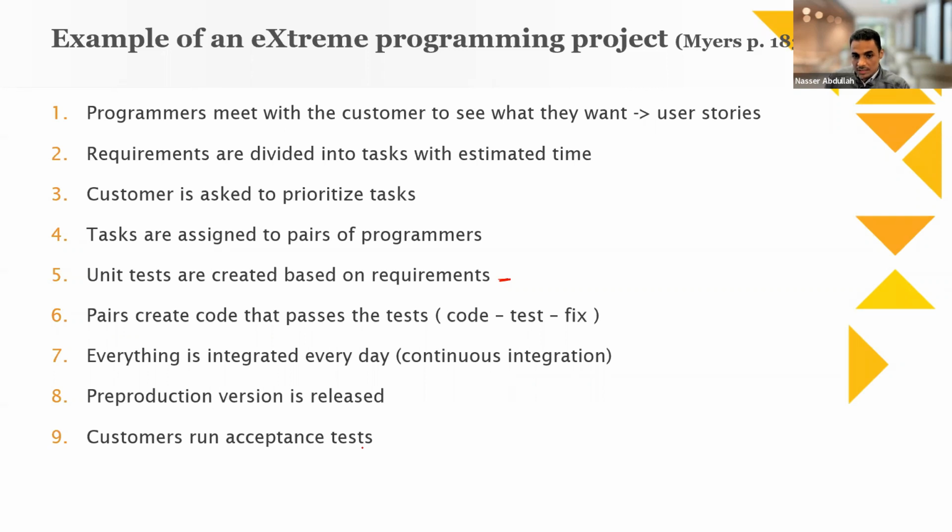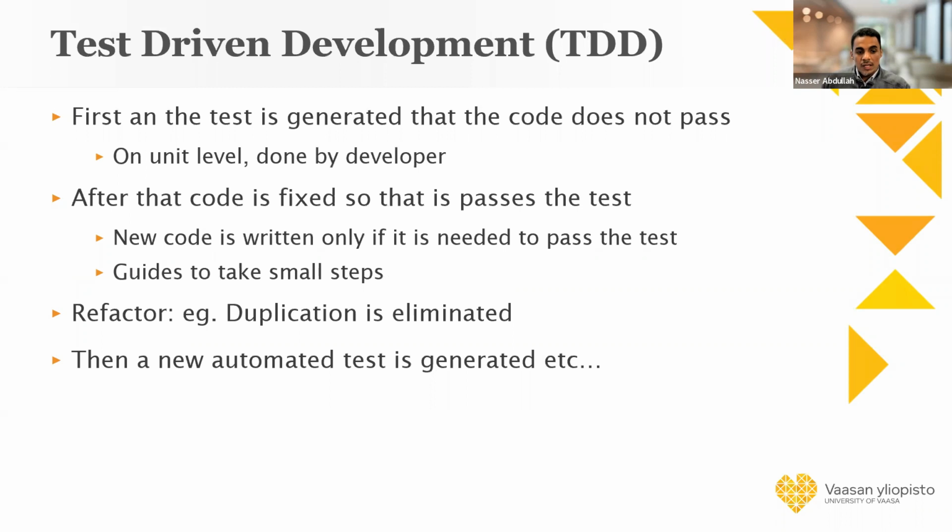So if you see, guys, these are the steps of agile, the same method we call agile, but here we have two features: test first rather than coding first, and also pair programming. So this is how you follow an extreme programming project. Okay, guys, this is also another example, but here it's